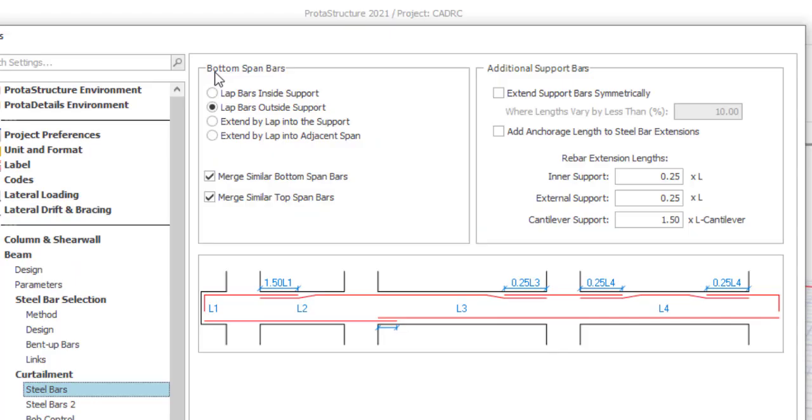Now you see what you have here. This is bottom span bars. Okay, your bottom span. Now it will ask you where it should lap your bar. Should it lap it inside your support, or should it be lapped outside the support? Should it extend the lap into support, or should it extend it into adjacent span? Okay, so this is what has been selected as the default, but I'll click on insert inside support, because when